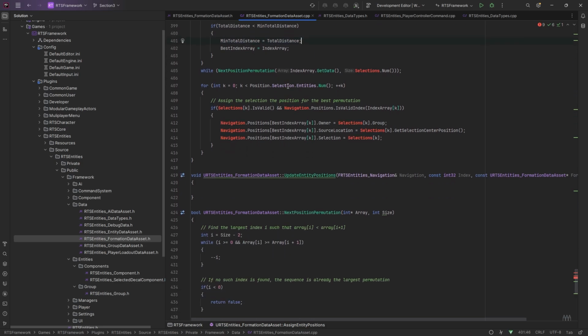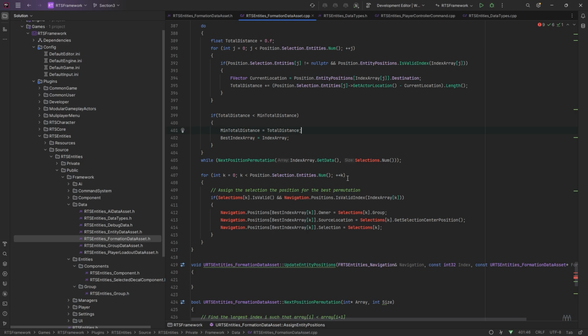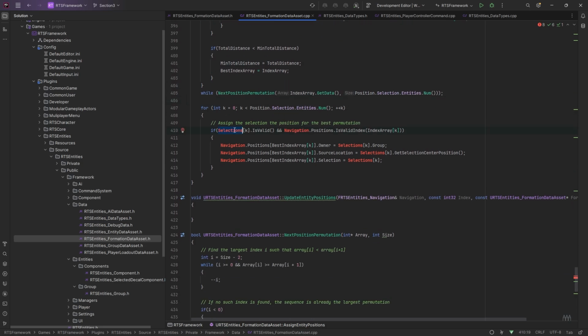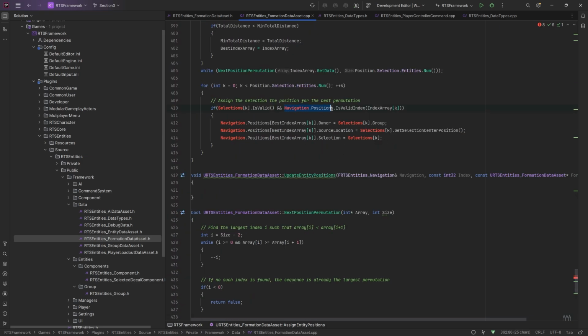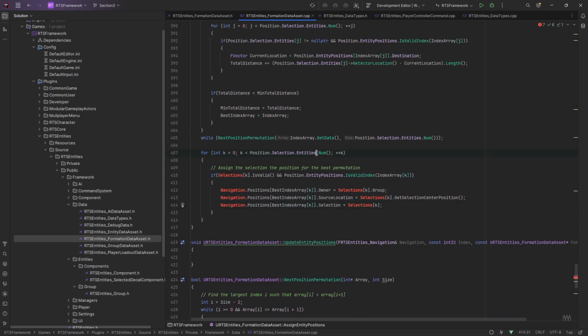Going to pick the best one. Oh, we need to pass the number of entities into here also. And then this will be the entity. We probably need to change all of this. It's going to be similar to this. But this, we just need to check the entity's valid,